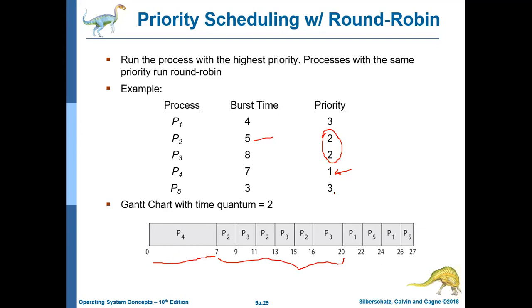Then you will be taking P1 and P5 with the same priority. Again, you will be managing with the same type of concept. P1 for 2 units, P5 for 2 units. If you can do like this, that is priority scheduling with round robin. But generally what you can do, you can run the first one with the FCFS concept, complete. You can take the 5 units of time for P2, you can take the 8 units of time for P3 at a stretch. That will be good for you.